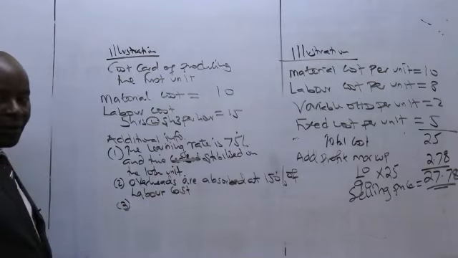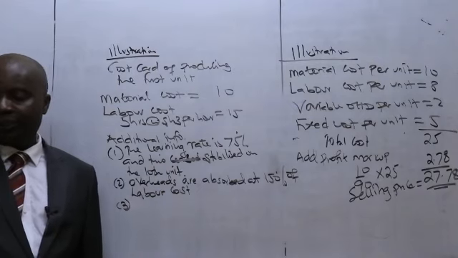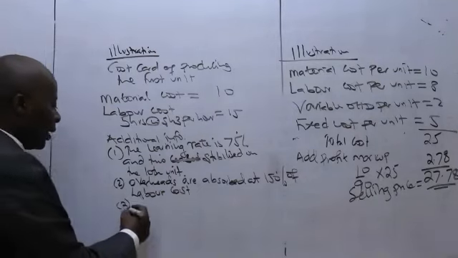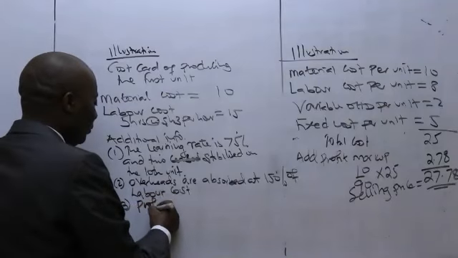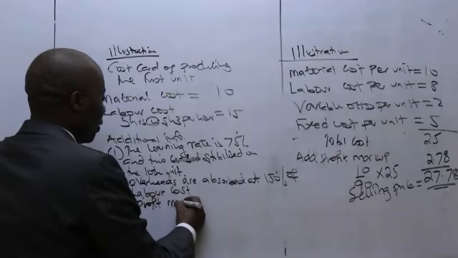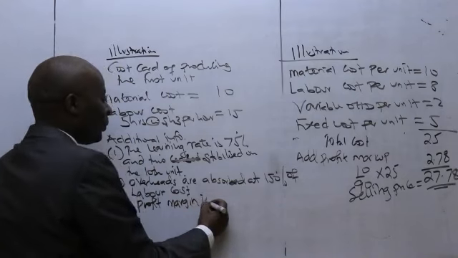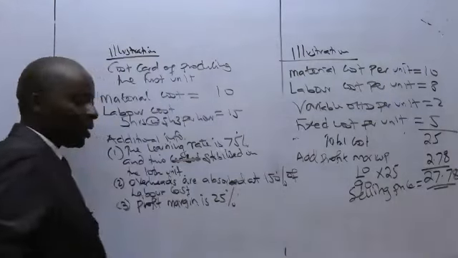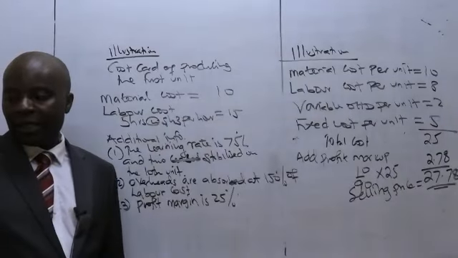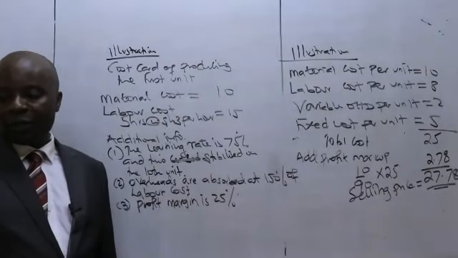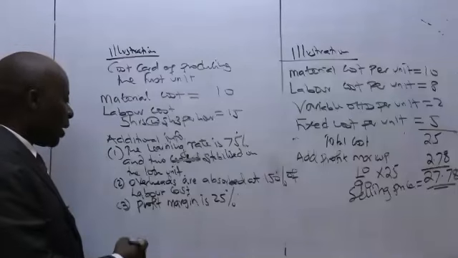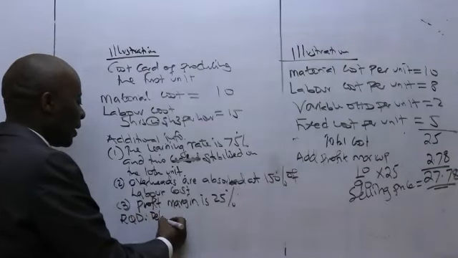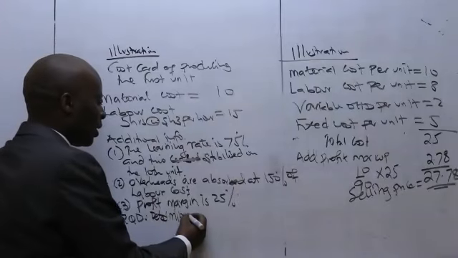Number three, the third thing, ladies and gentlemen, they'll tell you that the profit margin is 25%. So we are required to determine the selling price